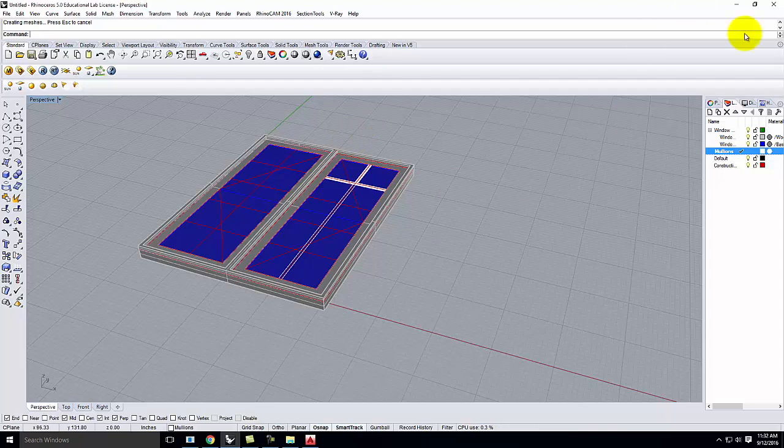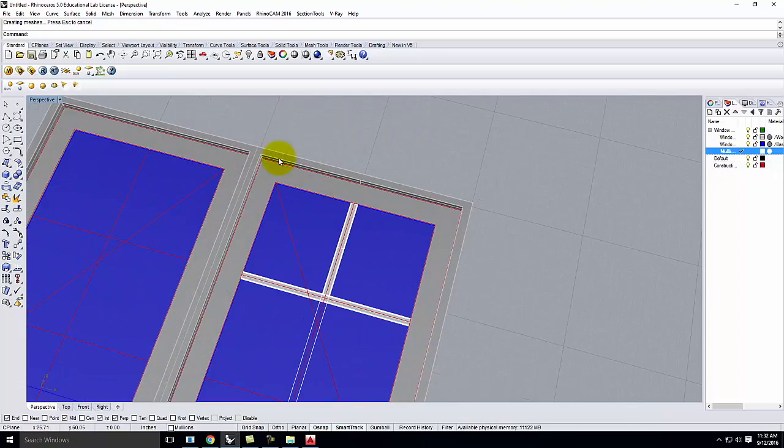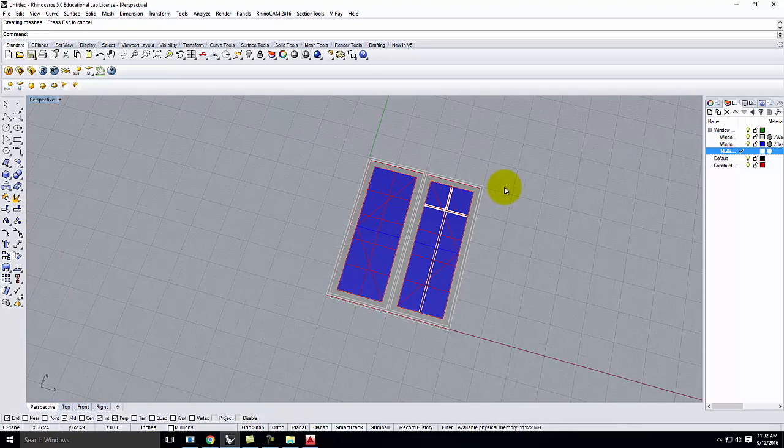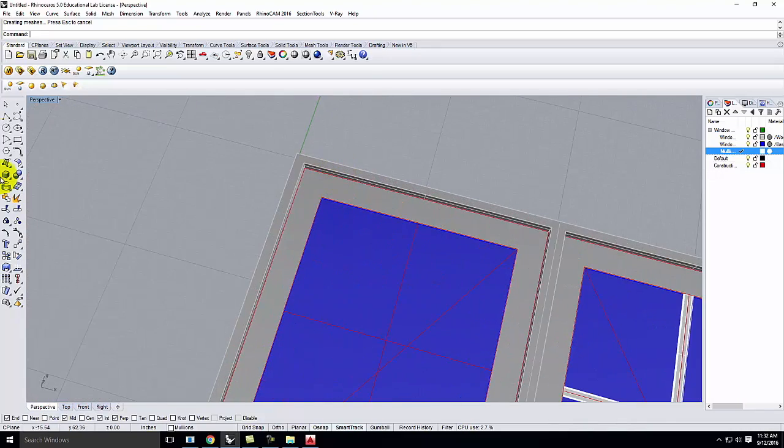You can also set it up so that you could turn on or off the mullions. So if I move the mullions as a sub-layer, right, I could choose to turn them on or turn them off. Okay? I could take this a step further, and I could add trim around the window. Right? So let me go ahead and say,